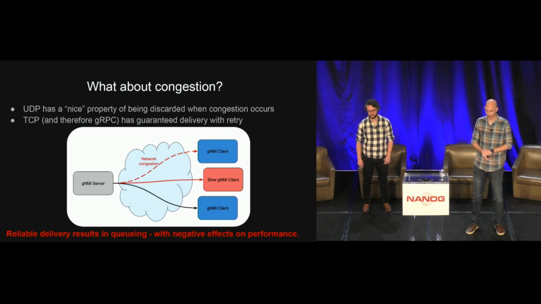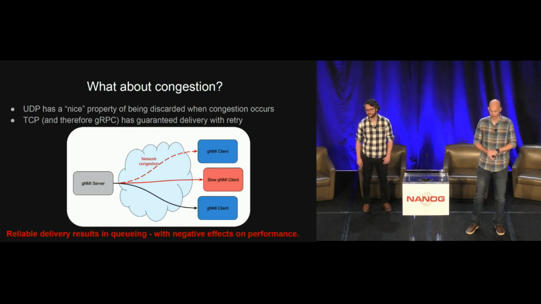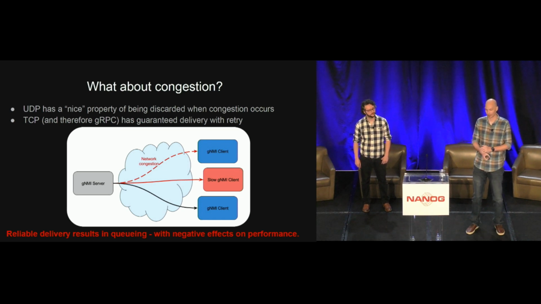Either you have some network congestion between the server and the client, or somebody has written a poorly performing client and is just not receiving data very fast. Your catastrophic case is they establish a connection and never receive anything. You really want to be able to protect against that. And in TCP, if you have guaranteed deliveries, what do you do? And so we need to figure out how to handle this particular problem now that we didn't have to do